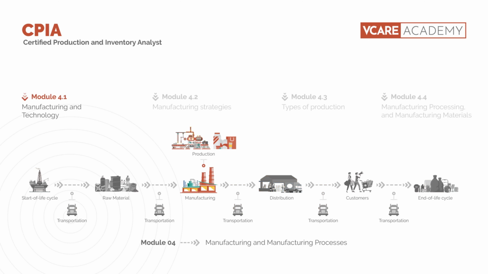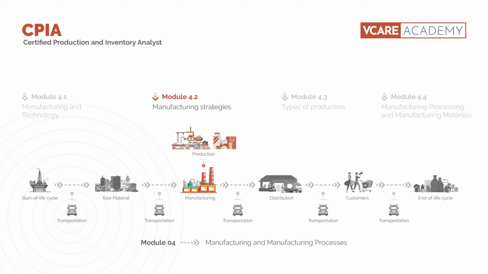When it comes to Module 4, we're going to be talking about manufacturing and manufacturing processes and how technology is changing the way we manufacture product. We have different manufacturing strategies. We may be make to stock if we're making fast-moving consumer goods, or we might be making to order if we're making maybe printed cardboard cartons for our clients and we just make them to order,